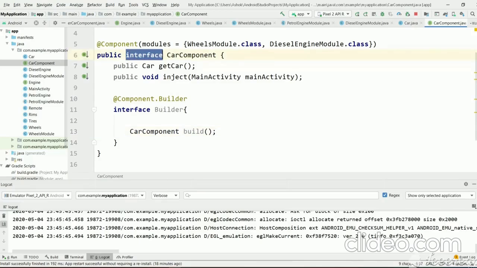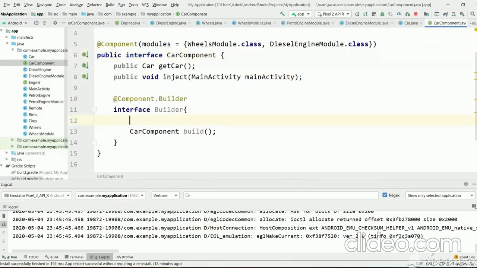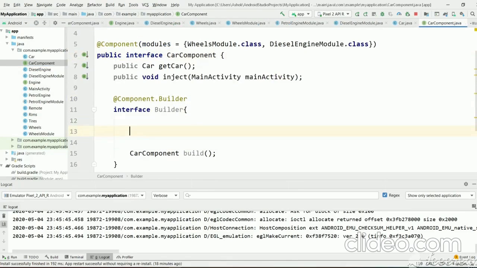This is just an interface, and DaggerCarComponent is the implementation of car component, which is created by Dagger. And now we need to pass a value to horsepower. Previously we were passing the horsepower like this, and now we can create a method named horsepower, which will take int horsepower and return builder, the same object.